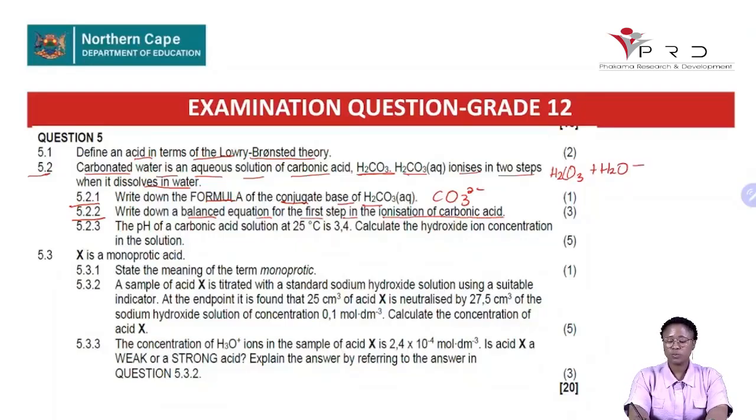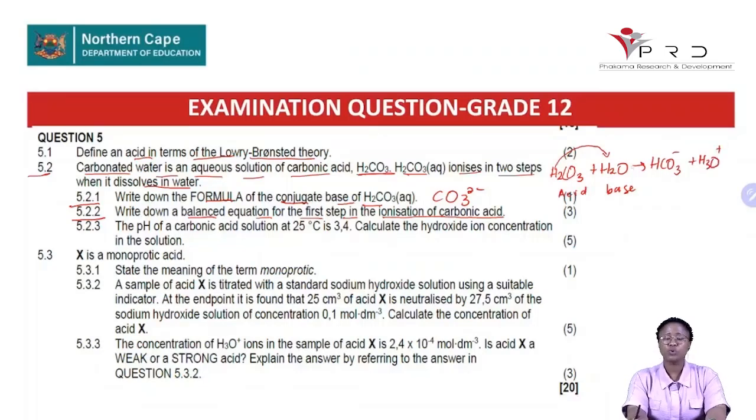H2CO3 reacts with water, and our product will be hydrogen donated to H2O, which makes H2CO3 an acid, which makes H2O a what? A base. So what will be your product? It will be HCO3 minus plus H3O plus, because the H2O has accepted a what? A hydrogen. And that is how the equation is going to look, and this is already a balanced equation. Let's quickly move on to